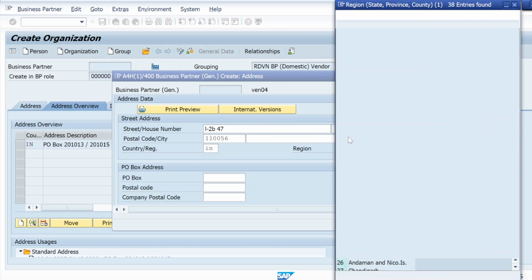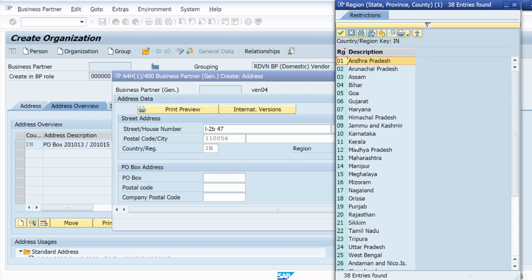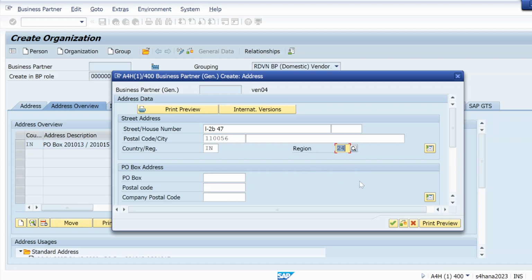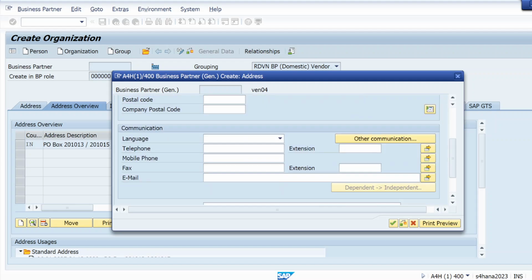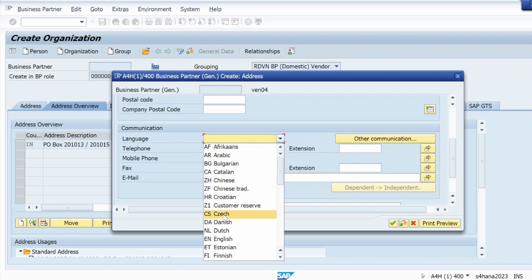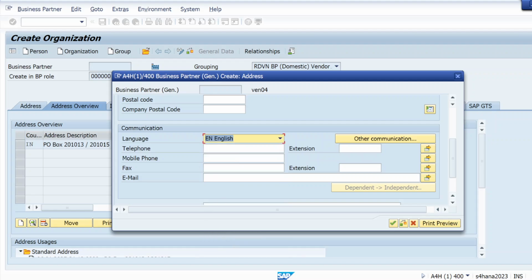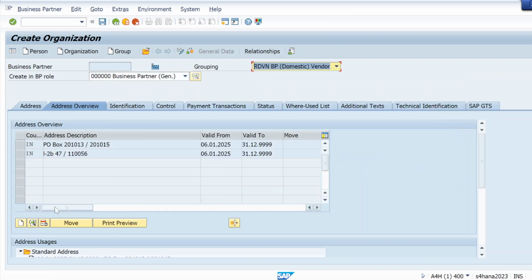Let me select the same as I have selected there. So let me select any region here, like a province. Postal code, all these I'm not selecting, just selecting language and check. Now you can see two addresses are coming here.